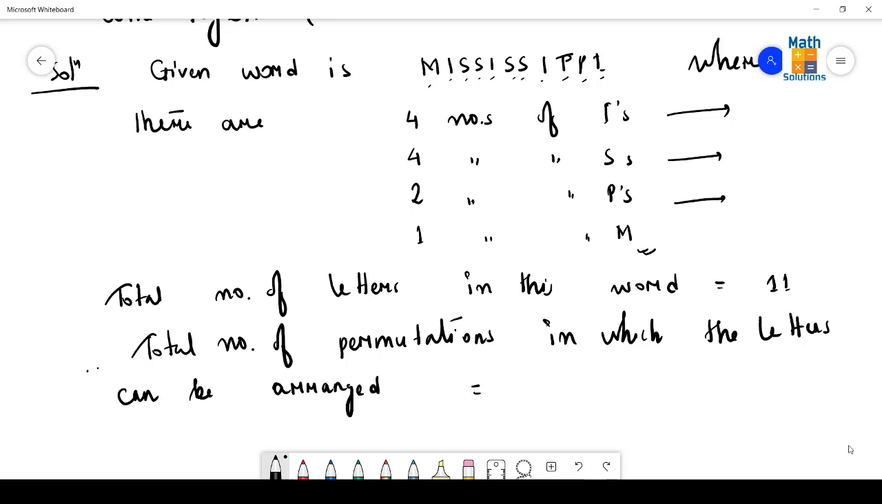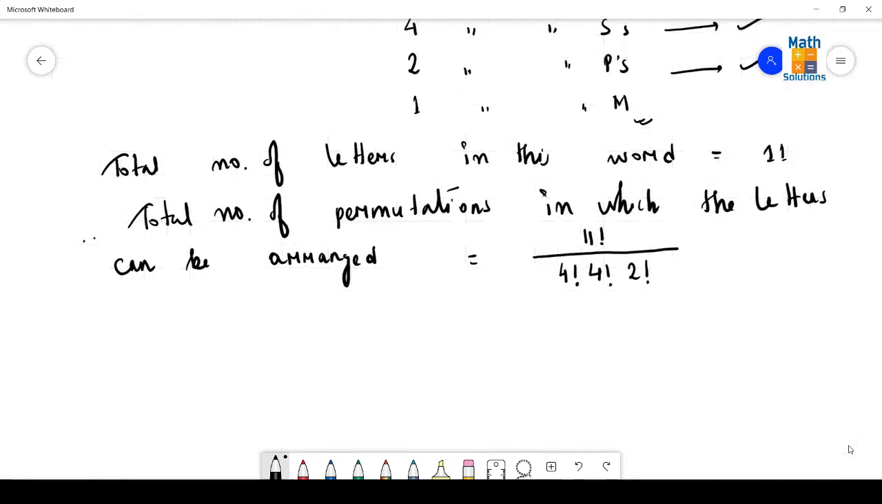So that formula which we got in the second theorem can be used here. That is, in the numerator we have to write the total number of objects factorial, that is 11 factorial, divided by 4 factorial, that is for the first kind, into 4 factorial, that is for the second kind, into 2 factorial, that is for the third kind, and for M we can write 1 factorial. If we don't write that part, there is no problem. So after breaking it up, the result we should get here is